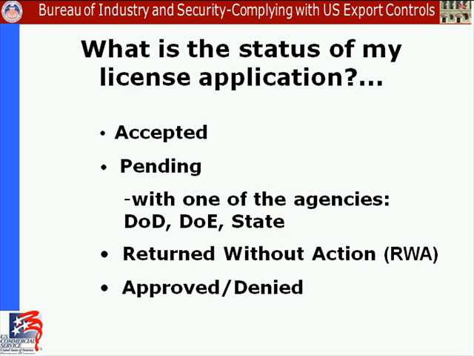Within 30 to maybe 45 minutes of your initial submission, you'll get confirmation that your application has been accepted, and that confirmation will come in the form of what's called an application control number. So you will get a notification via the SNAP-R system that you have a message, and when you look more closely into that message, you'll see the application control number. That's important because prior to this moment,